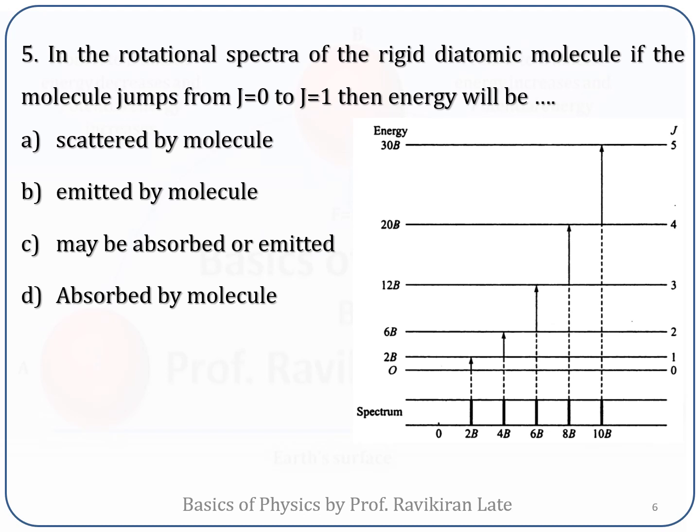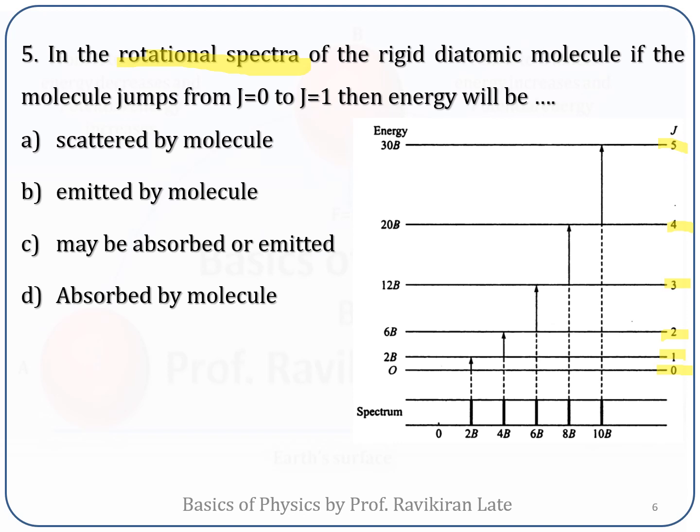Now see, in our regular classes we had seen the rotational spectra of a rigid diatomic molecule. It has this kind of pattern. You have J equal to 0, the lowest level, J equal to 1, the next level, J equal to 2, the second excited level, J equal to 3, and so on. You have different energy levels in the rotational spectra of a molecule.